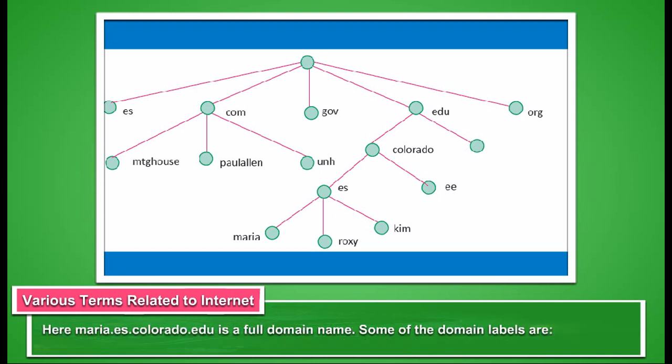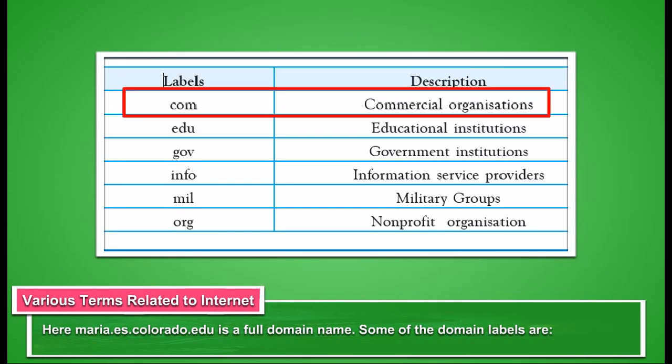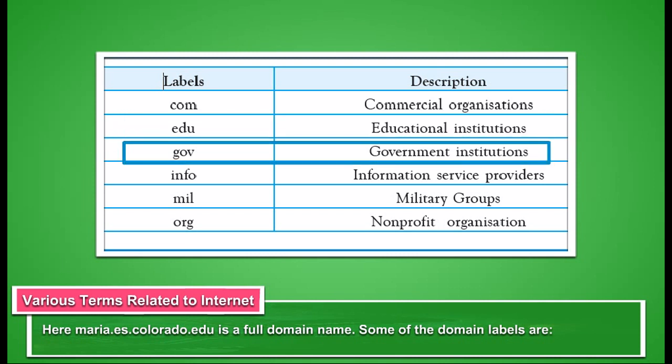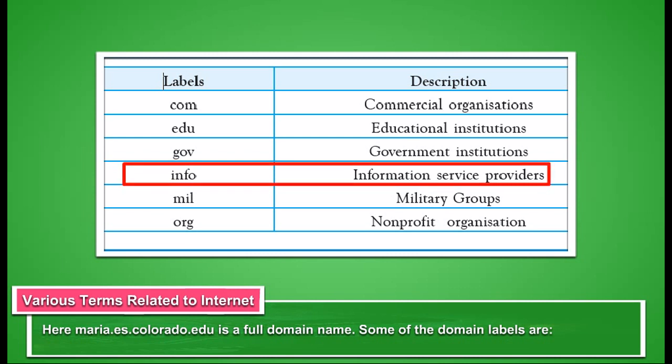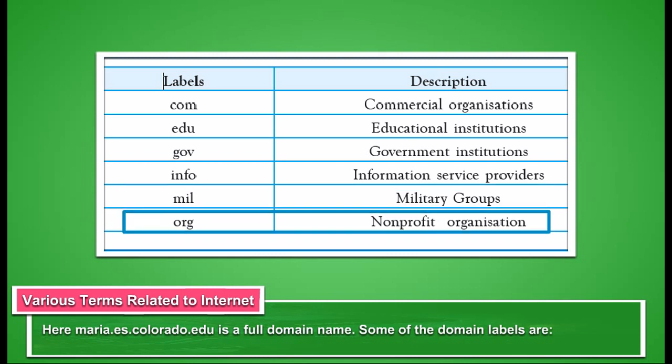Here, maria.es.colorado.edu is a full domain name. Some of the domain labels are: com, commercial organizations; edu, educational institutions; gov, government institutions; info, information service providers; mil, military groups; org,